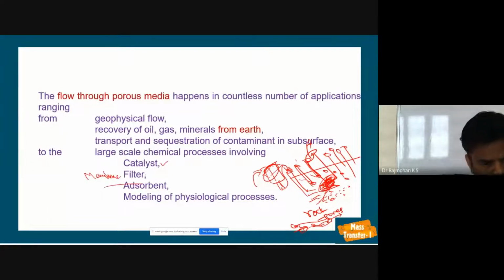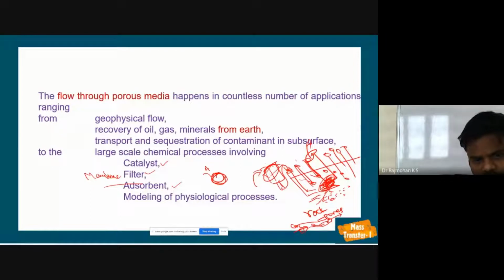If you look at a membrane filter, or as I said an adsorption column, where you have adsorbent material, we have the solute A getting adsorbed to the surface. That is also done as a unit operation in the chemical industry, so it comes under mass transfer operation. As I said, membrane filtration can go into a separate course called membrane processes, or separation processes. Catalysts we will be studying under CRE 1 and 2.